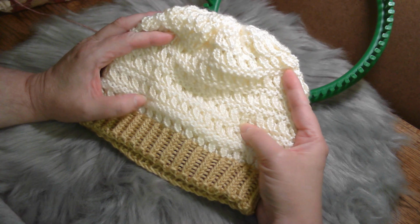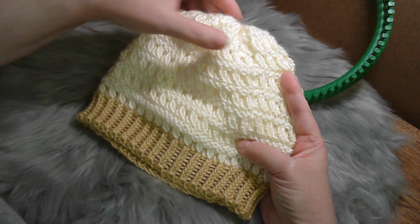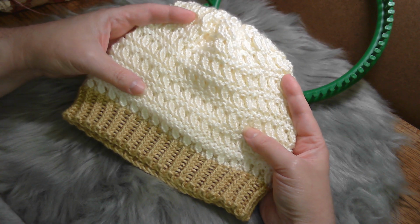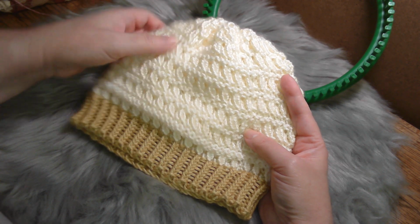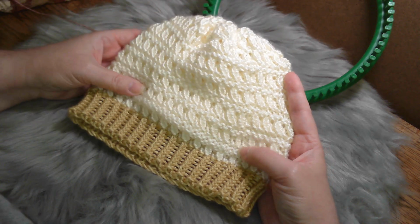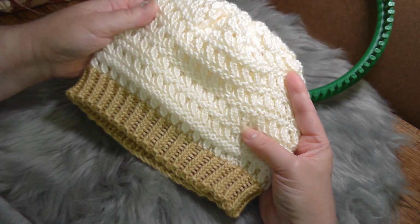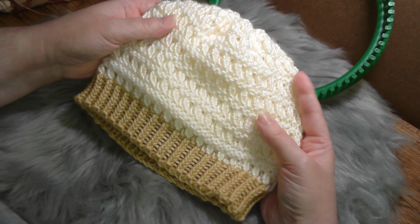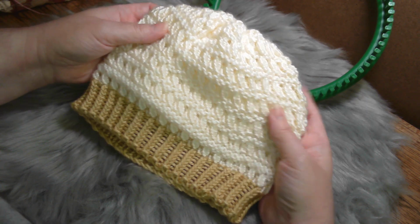Today I want to show you how to do my new stitch called the Expression of Dance Stitch. The inspiration for this stitch came from Deborah Shaw, one of our designers in the Loom knitting community. I had not named this stitch yet, and she saw it and she said,